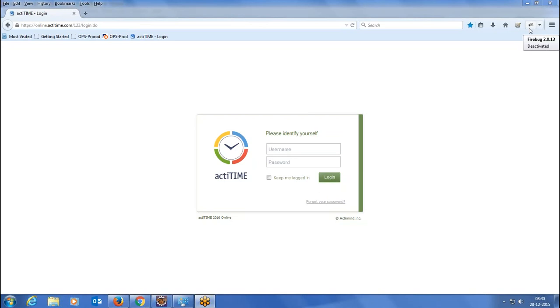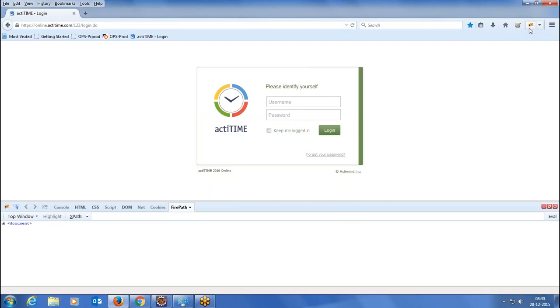So the first thing you should do is install Firebug, which is a plugin for Firefox. Once you install Firebug, you have to add Firepath, which is again a plugin, this time for Firebug. So Firefox will have Firebug, and Firebug would internally have Firepath. These are all open source. You can download and add them to your Firefox just like that.